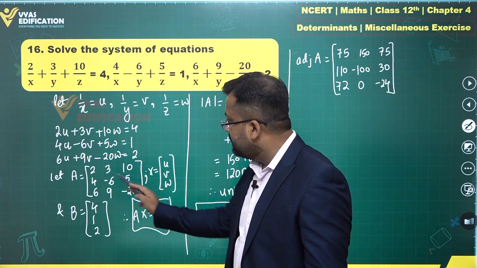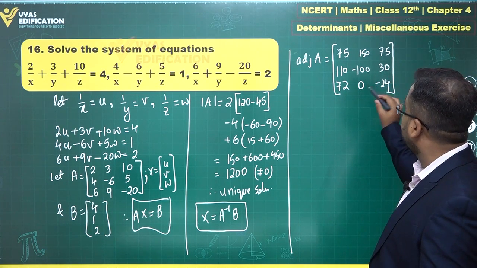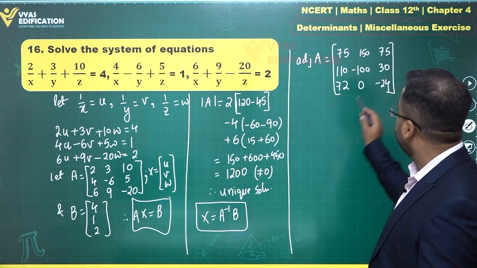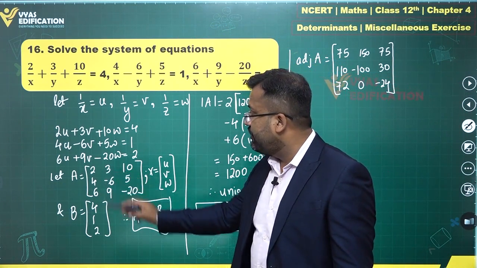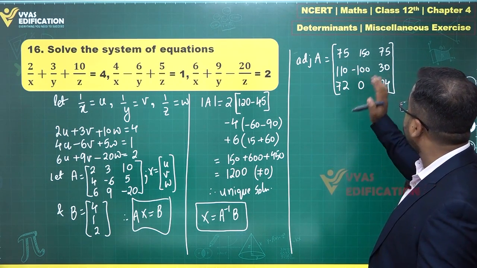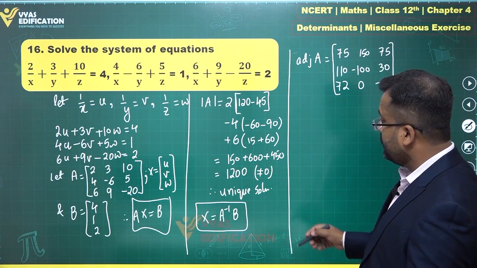For this one, let's check this one. This is 10 plus 10 minus 40, which is minus 30. That becomes a 30. What about this one? For this, check this one. This is 18 minus 18, which is 0. Last one is minus 12. Minus 12 is minus 24. That's okay. This is minus 100, right? Take care of that. Now, once you have found the adjoint of A, next what we are supposed to do is,